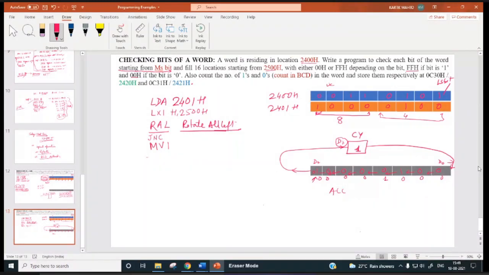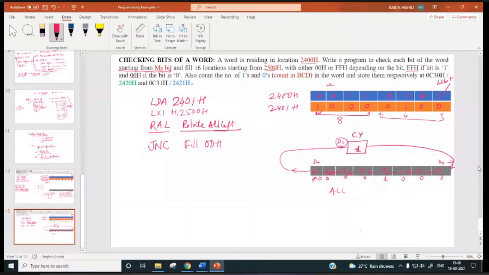Now if you rotate and if carry is not there, then we have to fill 00H. And if you rotate and if carry flag becomes 1, then we have to fill FFH. So suppose carry flag is not 1, then we have to fill 00H.